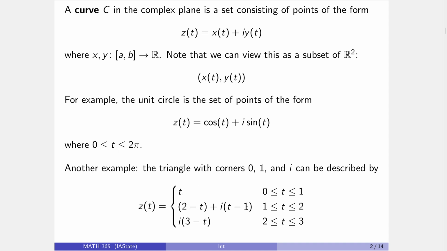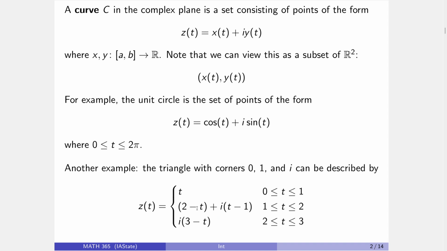And then we go from 1 to i, and the trick here is this particular parameterization. Note that when you plug in t equals 1, there's no i, and there's precisely 1. And when you plug in 2, you have i and 0 here. Yay. So, in general, when you're trying to create a line attaching 2 points, you usually do some sort